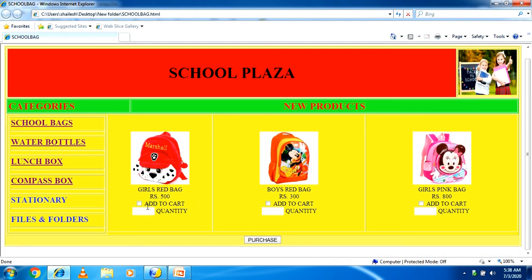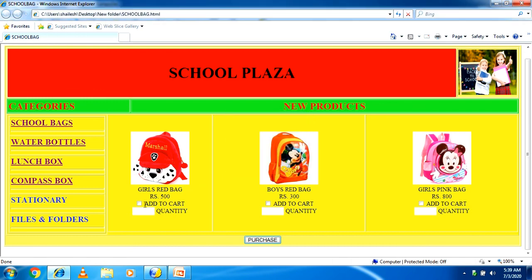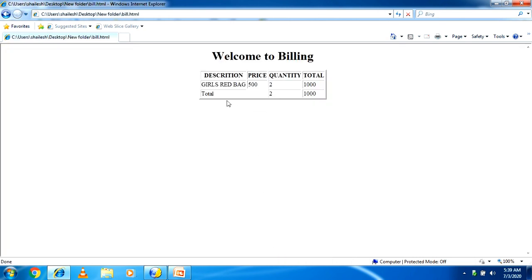Okay, now here if you purchase, it will first give the warning message, alert message, no item is selected. Now if you select it, write here quantity 2 and purchase it. So here you can see, student, girls red bag, the price is 500, quantity is 2, total is 1000.